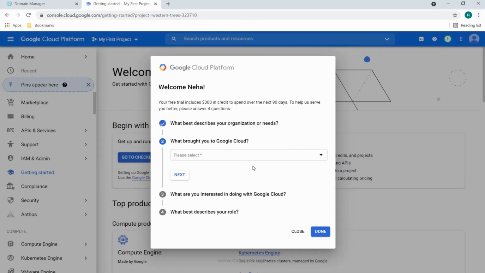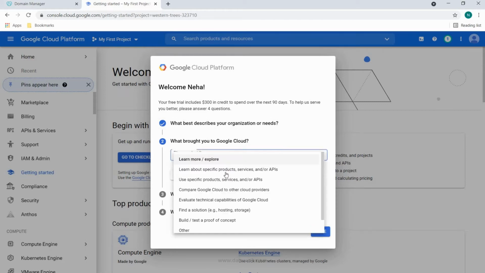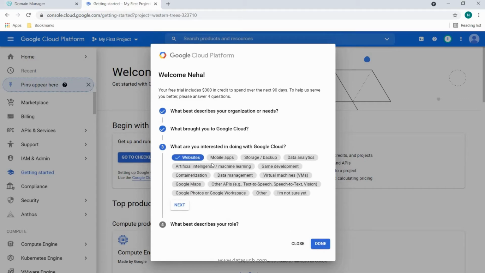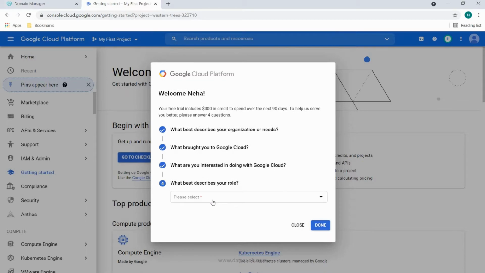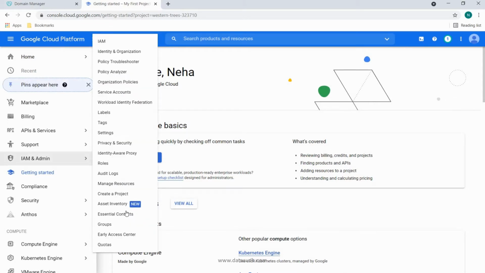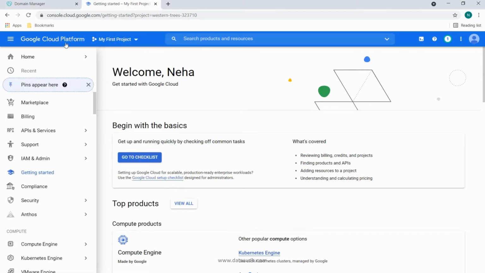Once we have activated the trial by entering the credit card information and other information, this screen will come up, where we just need to select some options and click on done. So we can do this. So with this, our free trial is activated and we are good to go to use our Google Cloud account.